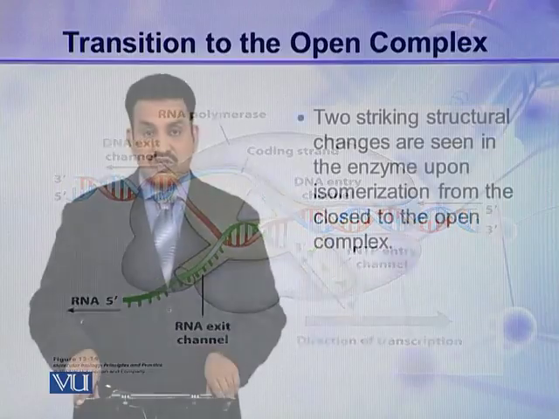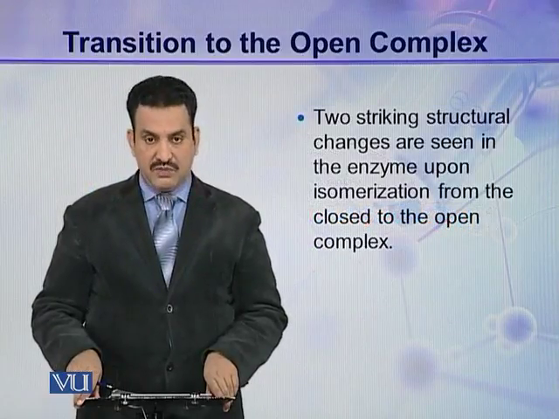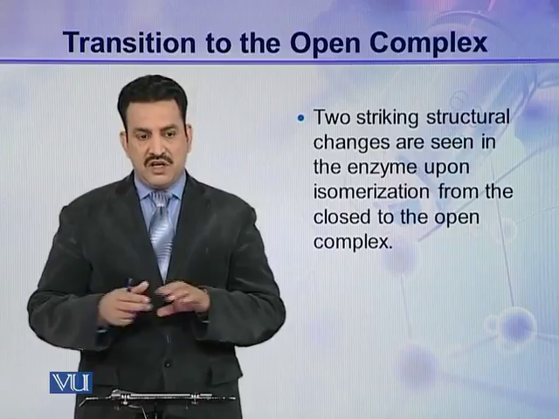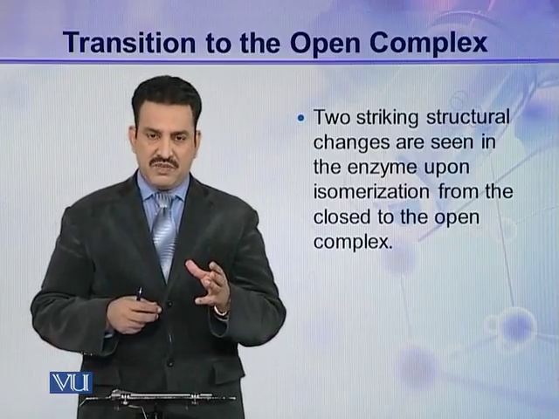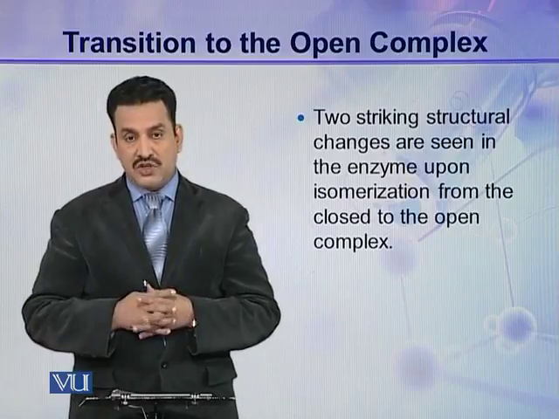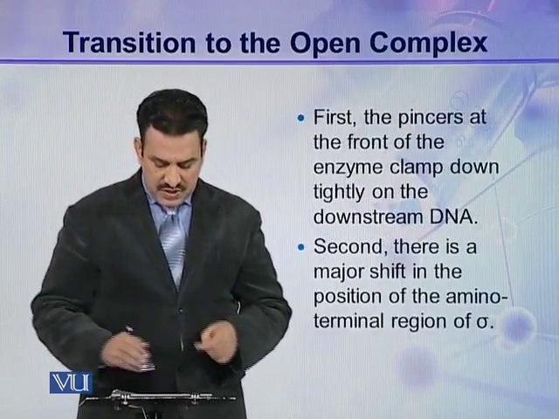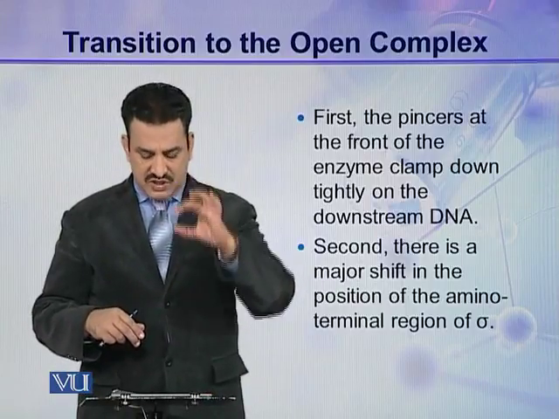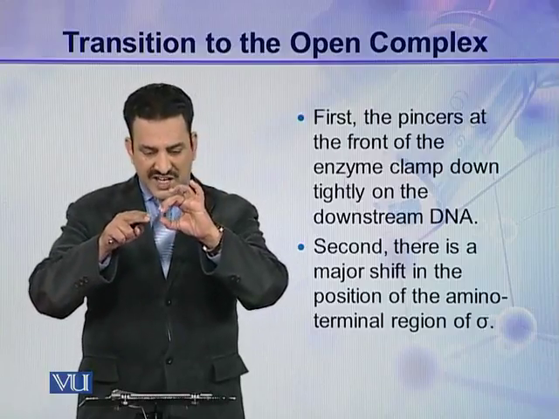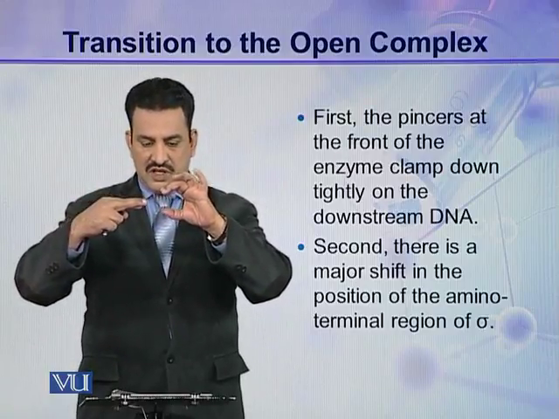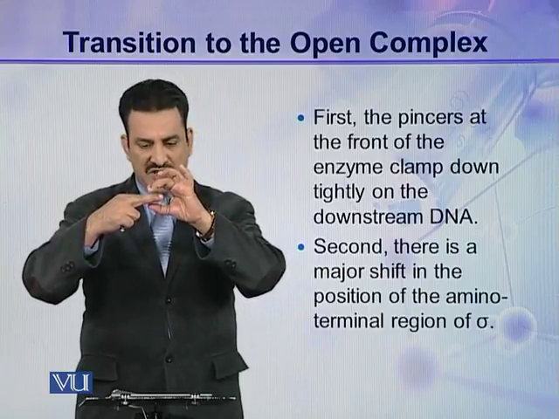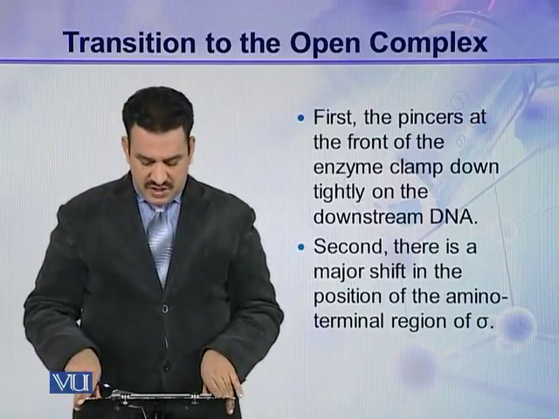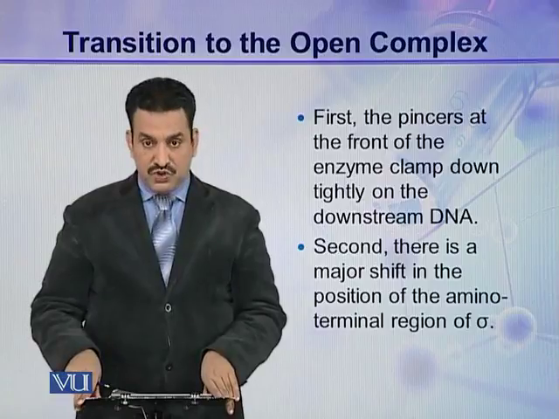2 striking structural changes are seen in the enzyme upon isomerization from the closed to the open complex. So when this transition from closed to open takes place, 2 structural changes also take place in this enzyme. First of all, the 2 pincers at the front of the enzyme clamp down tightly on the downstream DNA. Second, there is a major shift in the position